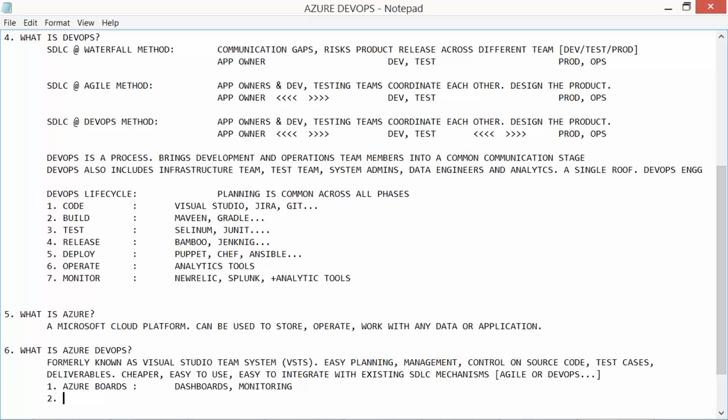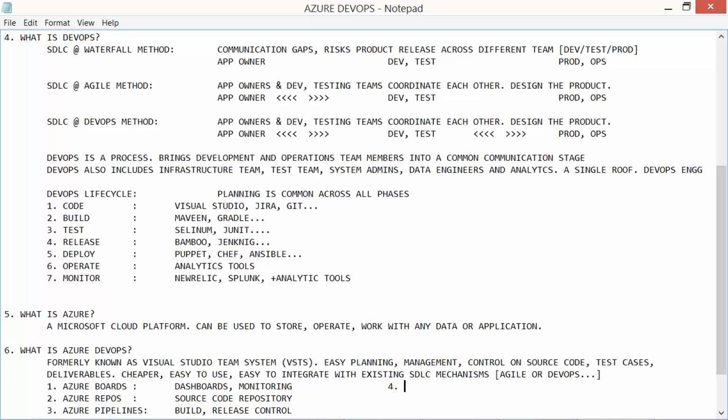And we have Azure Repos, the source code repository, a secured repository for your source code, and Azure Pipelines. These pipelines are mainly for build and release control. We'll take them with examples.